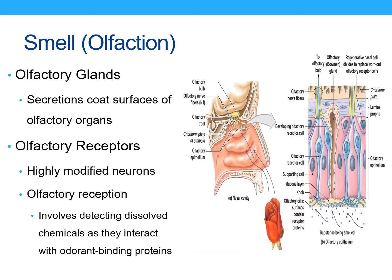And then the olfactory receptors, which are highly modified neurons, you can see down here that those receptors end in what are called dendritic bulbs. And those dendritic bulbs are the branched tips of the dendrites that are actually projecting through the epithelium and then lying within that mucus. And those are going to be detecting odorants, which are the odors, the molecules that are dissolved within the air. So as you inhale, those odorants are going to bind to those odorant binding proteins within the dendritic bulbs of the olfactory